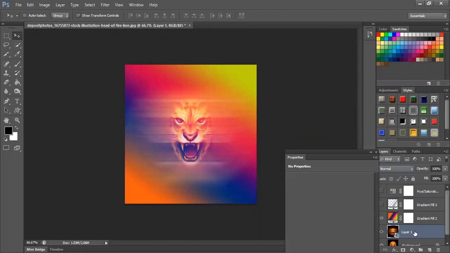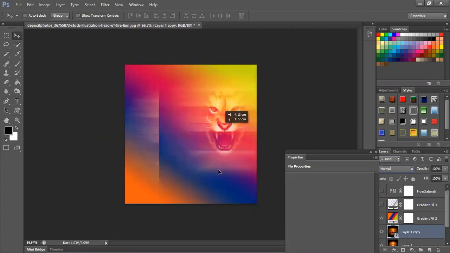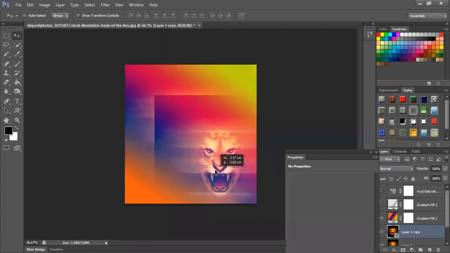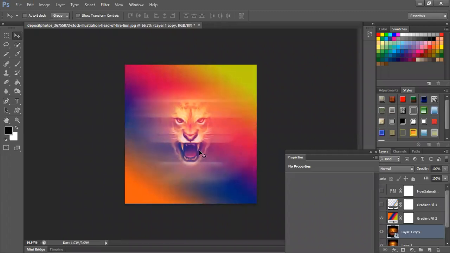There are people who might feel like we can duplicate the same line in two or three different places. It will give you a nice effect. You can do that also. For example, the same line, I'm just duplicating it and moving it to one more side, up here. So what I need to do first is erase a little bit of area on the background for the lion, or just select the main face of the lion.